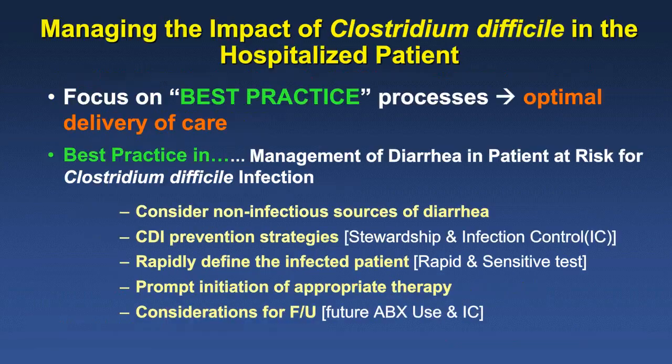And so again, the last slide here, when we talk about managing the impact of C. diff in the hospitalized patient, think about what would be your best practice. Think about what the opportunities are in hospital. Think about what we need to consider: the non-infectious sources of diarrhea, the CDI prevention strategies, the programs of stewardship and infection control, the importance of the laboratory to help us define the infected patient with a very rapid opportunity, the prompt initiation of appropriate treatment, and then when patients leave, we know that they are going to be concerned